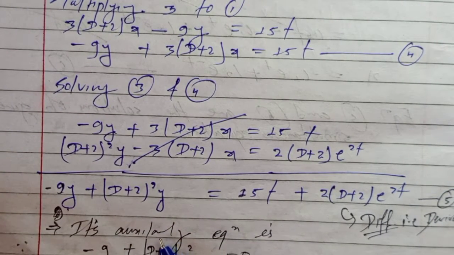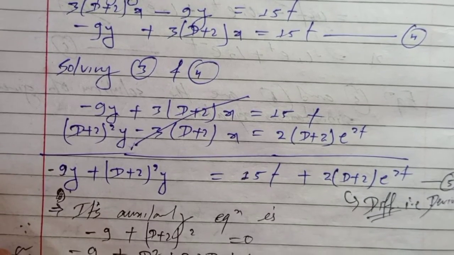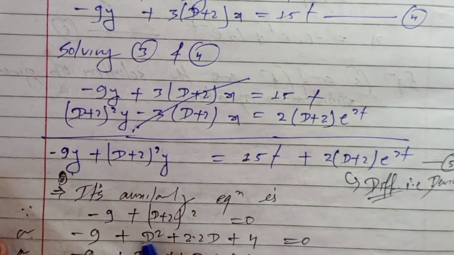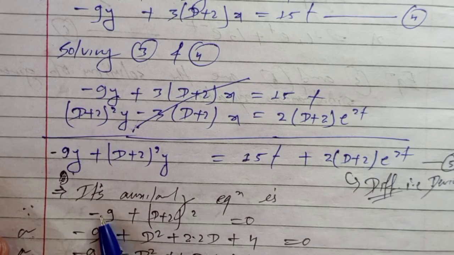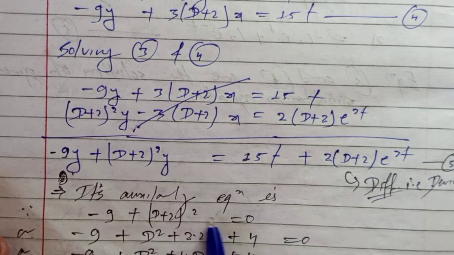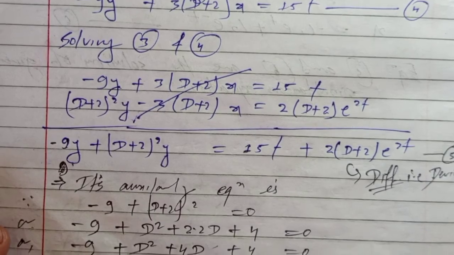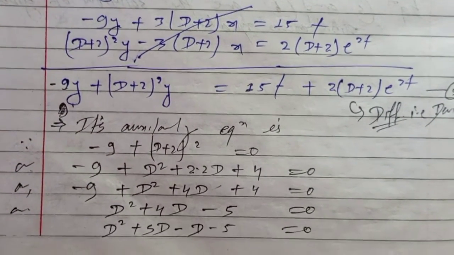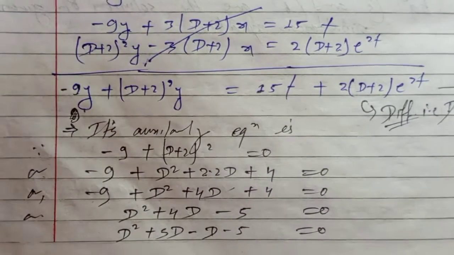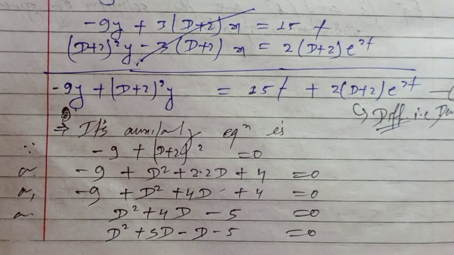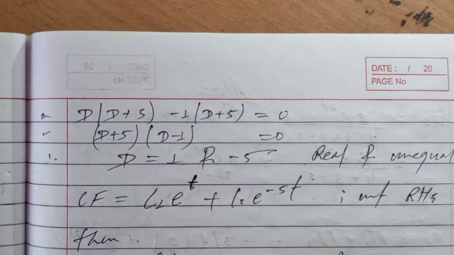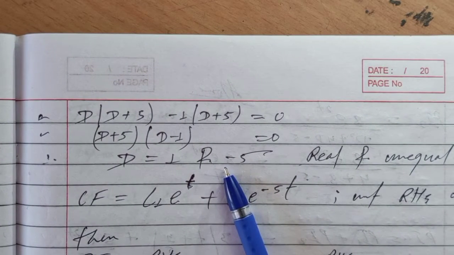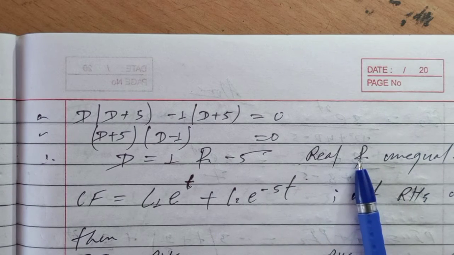Means first we have to calculate our auxiliary equation to get the value of D. So the auxiliary equation is the coefficient of y equated to 0, which is minus 9 plus (D plus 2) whole square equal to 0. On solving, we came up to this form. On solving further, we should get our value of D. Then we got the values of D as 1 and minus 5, which are real and